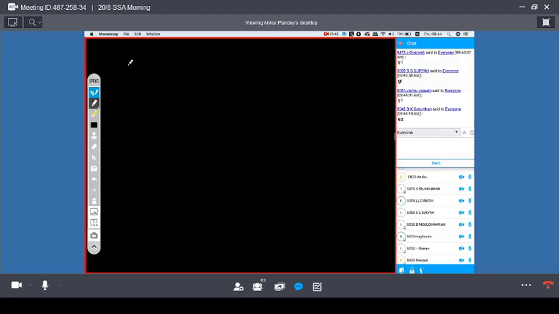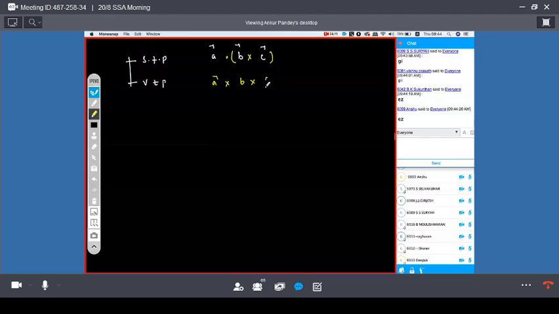Then at last come two more products called triple products: scalar triple product and vector triple product. What is the meaning of triple product? Three vectors will be multiplied. In scalar triple product, the first term is dot and then cross. In the vector triple product, even the first term is cross.